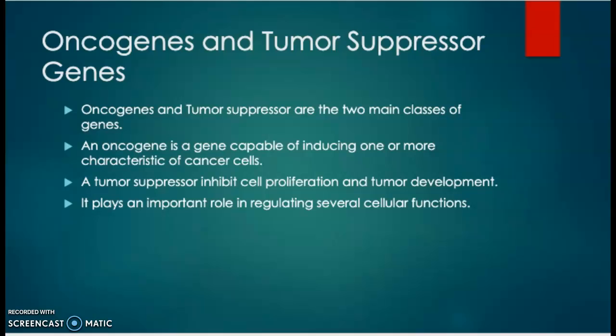In cancer cells, DNA changes that inactivate tumor suppressor genes can lead to uncontrolled cell growth causing cancer. Oncogenes and tumor suppressors are two main classes. An oncogene is a gene capable of inducing one or more characteristics of cancer, and a tumor suppressor inhibits cell proliferation and tumor development, as mentioned. It plays an important role in